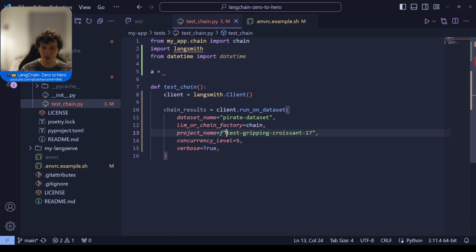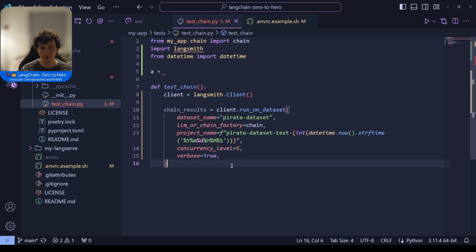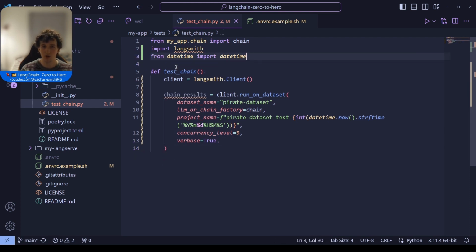We'll also want to replace this name with just something generic like test, or perhaps pirate dataset test to tie it. Now, every time that we run our test, it will then create a new project name,